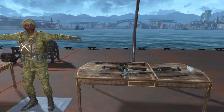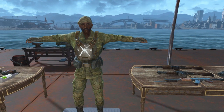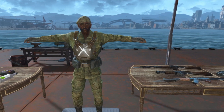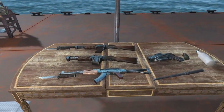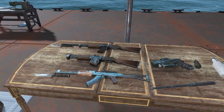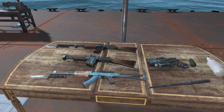So now we're going to look at the standard Ranger, who just wears a beret, standard military fatigues, and brown combat armor, which is pretty helpful because they're mainly in the desert environment of Nuka World. So we can see here that we have a bayoneted combat rifle, automatic. We have a shotgun as well, which is probably automatic or semi-automatic, and then we have the US 98, which